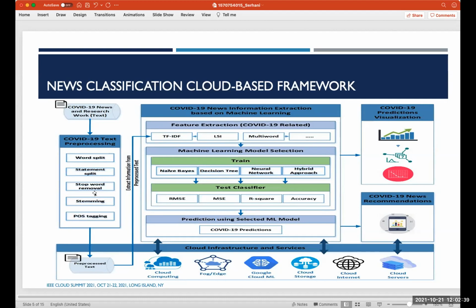And then the next module, which is the COVID news information extraction based on machine learning, encompasses tasks related to feature extraction of that pre-processed data, and then application of different well-known techniques, TF-IDF, LSI, multi-words, and so forth. Once the features are extracted, they are fed to the next step in the pipeline, which is machine learning model selection, where, for example, we select the most appropriate models that